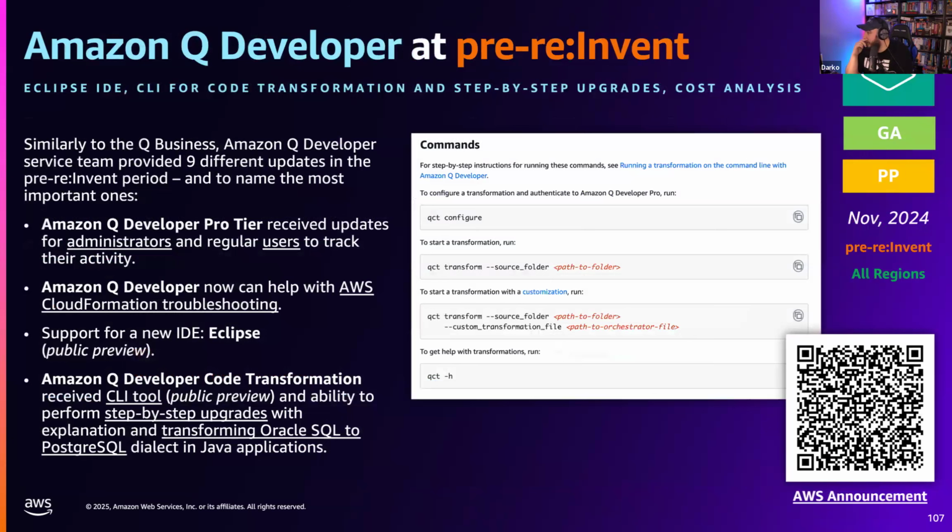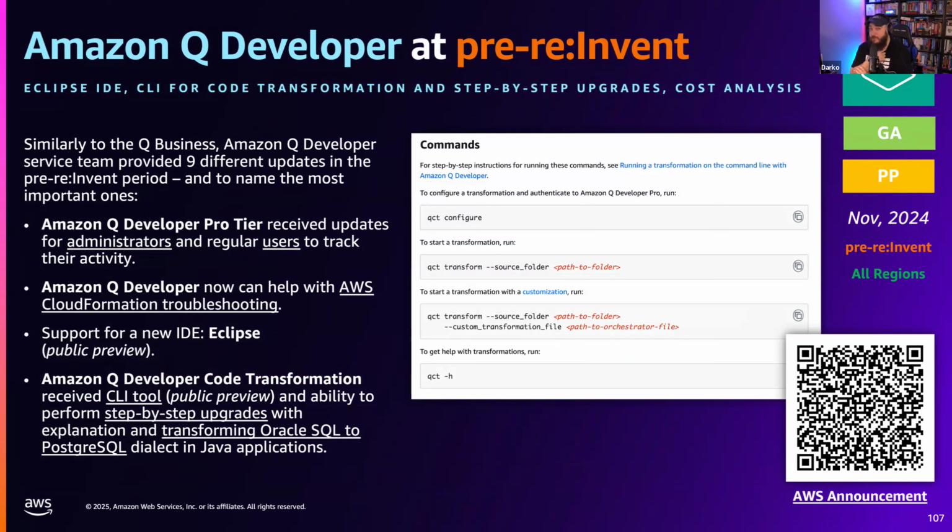Okay, Q Developer. There have been a lot of features added to Q Developer, and look at that, first time mentioning Q Developer. Q Developer Pro now has an administrator page where you can track user usage, which is really cool for folks deploying Q Developer within an enterprise-ish environment.